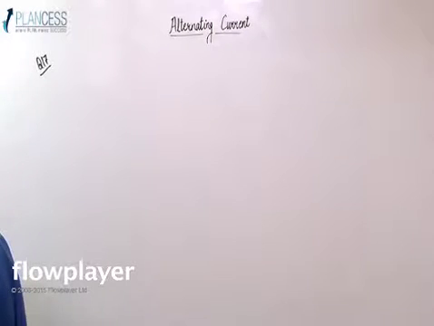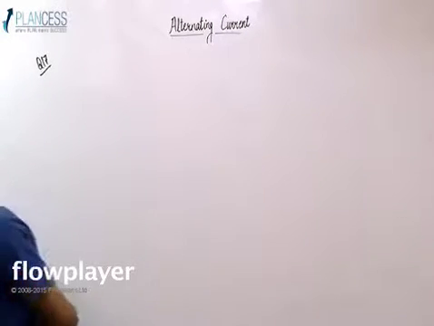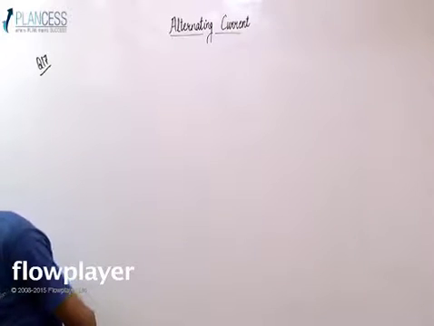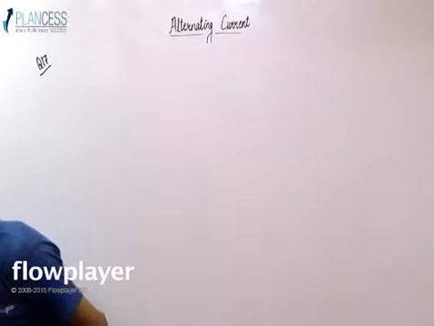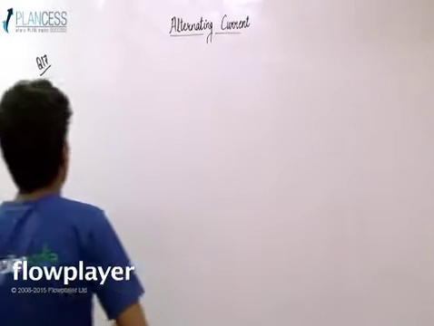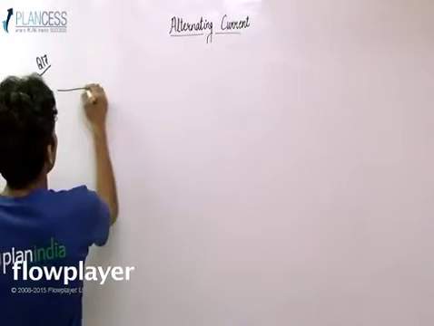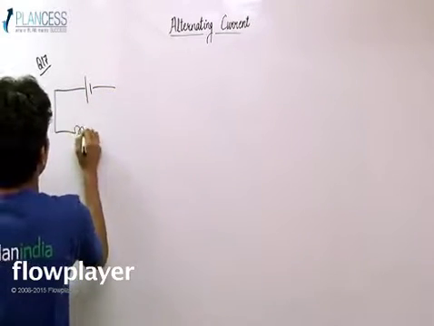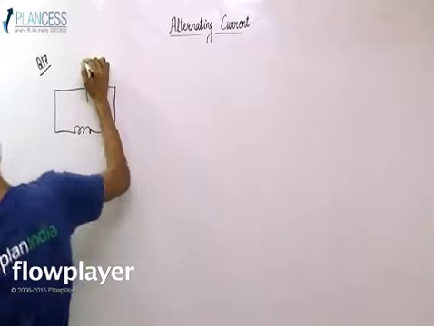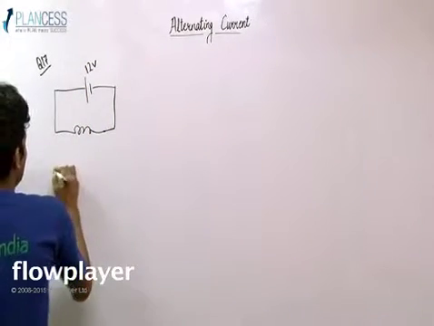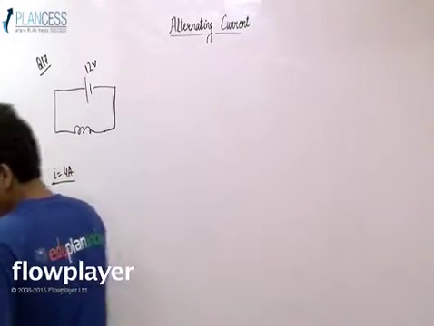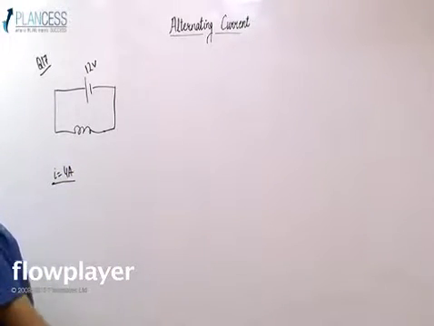Question number 17 says that a current of 4 ampere flows in a coil when connected to a 12 volt DC source. Okay, so you have a coil, you have a DC source, and a coil means an inductor. So this source was a 12 volt DC source, and current I equals 4 ampere flowed through the coil. Now it says if the same coil is connected to